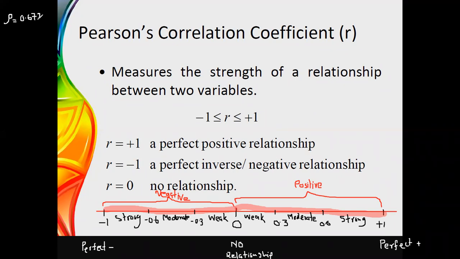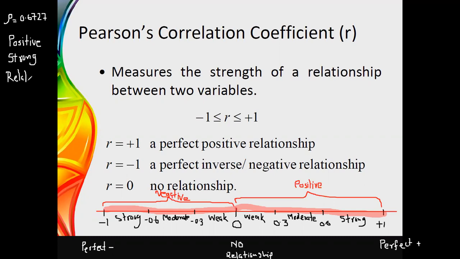At that point, what we discussed was that there is a positive relationship, but we can apply this scale to the Pearson correlation coefficient and also to the Spearman rank correlation. The calculated value was 0.6727, so it is quite in this region. Therefore, we can say that there is a positive strong relationship among these variables.